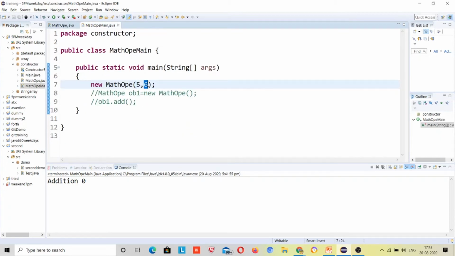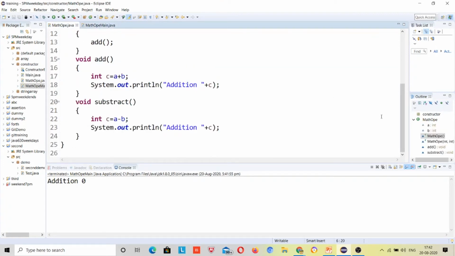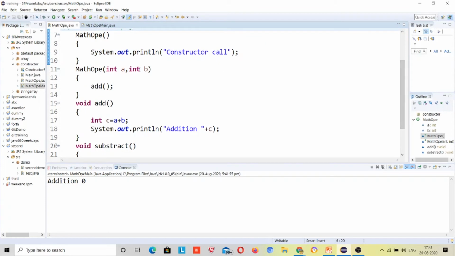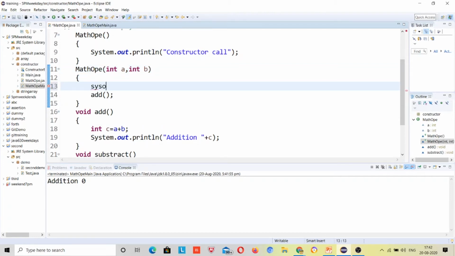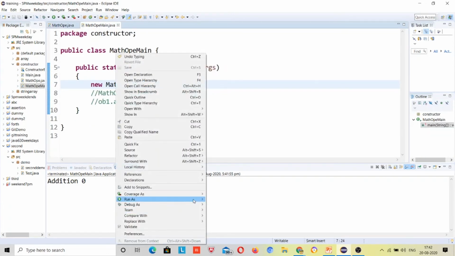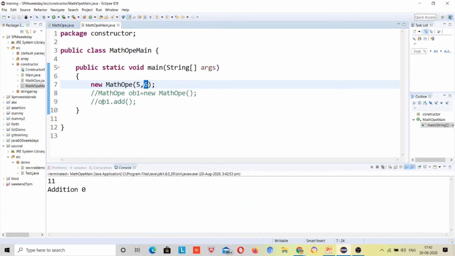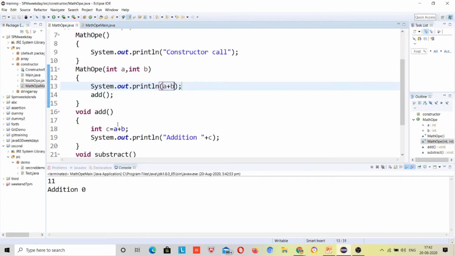This parameterized constructor was called, and it received 5 and 6. First just print a plus b over here, then you will get to know why this happened. Just run it. Now what will be the output this time? 11, and the second will be 0. Because I have called this method, just remove this calling, right?